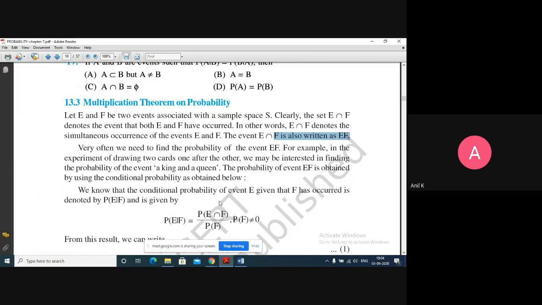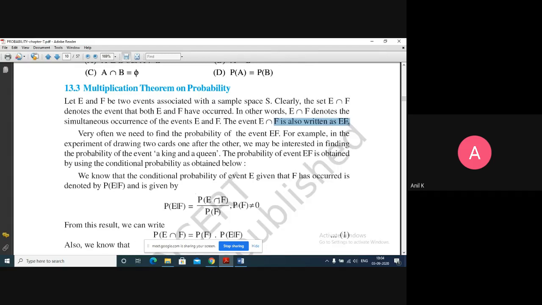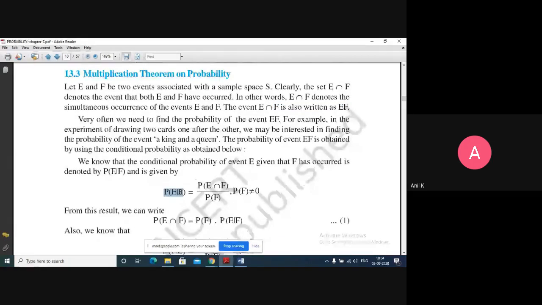Now in this class, what we are going to study is, we already have the formula P of E slash F is P of E intersection F upon P of F. Till now, in the previous exercises, whatever questions we have or examples we solved, everywhere we were able to find P of E intersection F, the common elements of E and F, because we were able to define event E and event F separately, and then we got the elements of E and F. Then we got the value of P of E slash F.